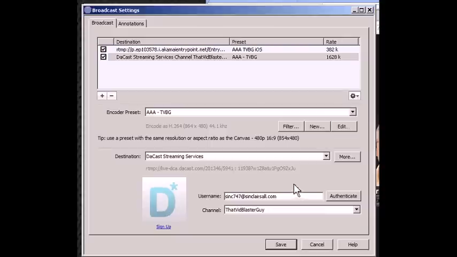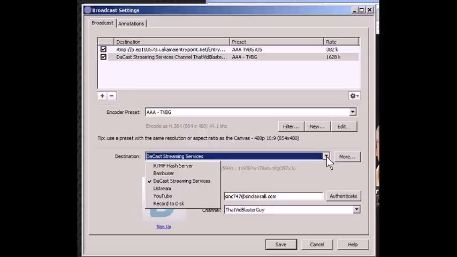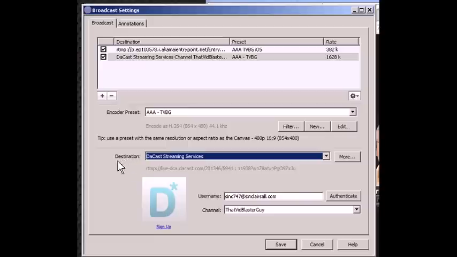So we'll cancel this. And if I were going to change, I would change it by dropping this down and changing it to a different one there. But again, we're not going to do that. And by changing this destination here, this information down here changes a little bit based on the needs of the particular CDN. And then right above it in here for my encoders, there's some suggested, or I guess some default or baseline settings, and I've gone in and modified those so that I can get my 864 by 480. I can get my 30 frames a second. I can set the bit rate.